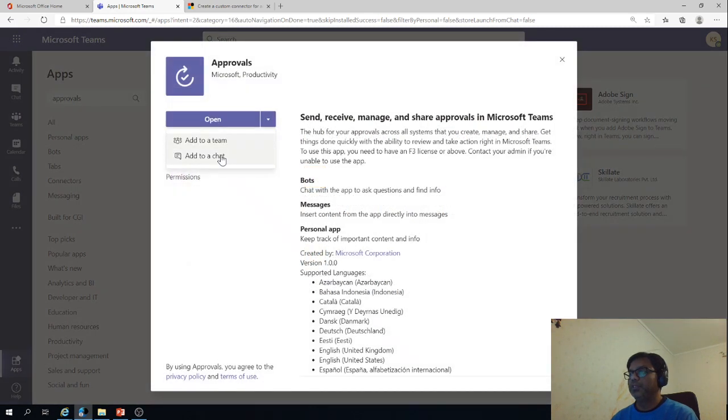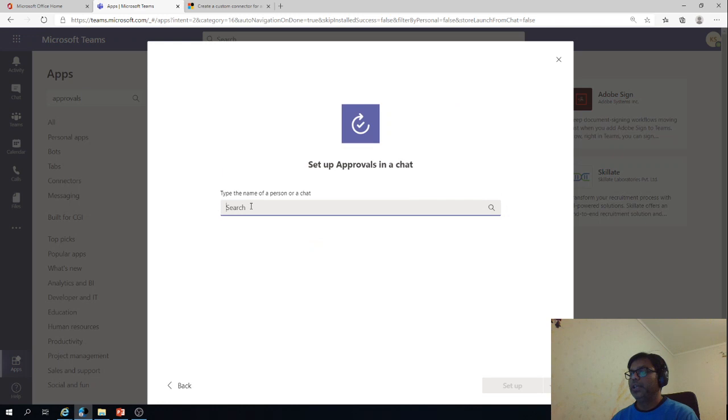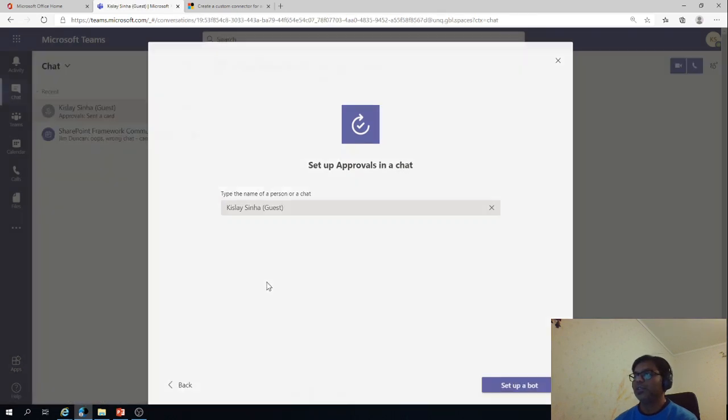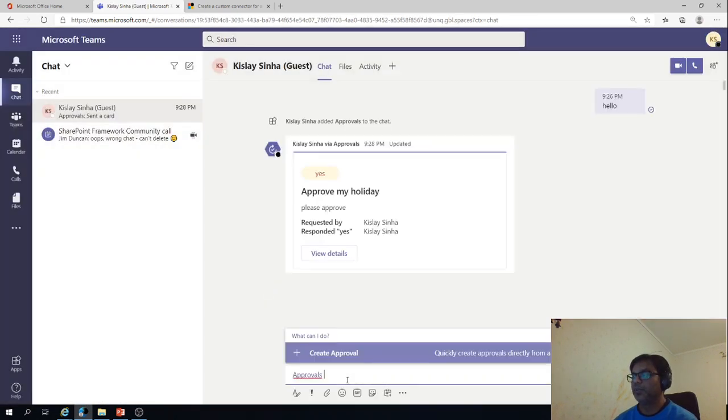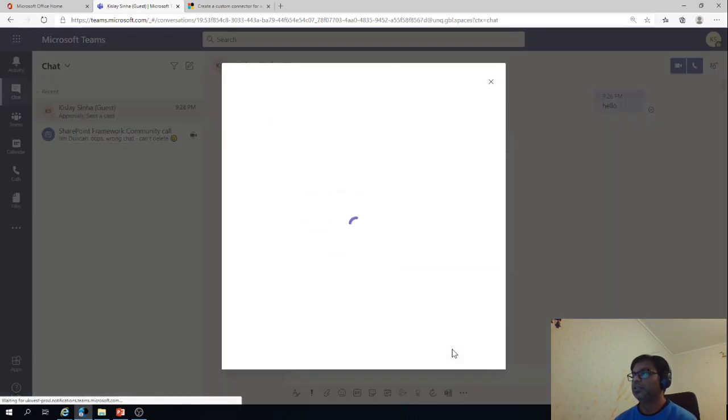Add to a chat, and if you have a list of chats with a lot of users, then it will show up here. In this there is only one guest user, so I'll say set up a bot, and then it works the same, right? Approvals, and create approval